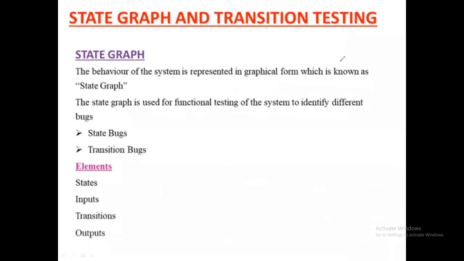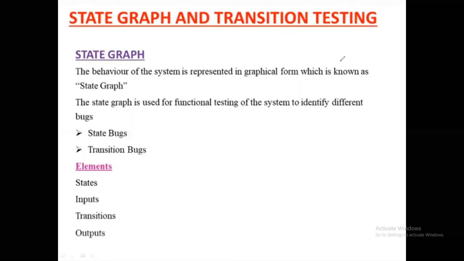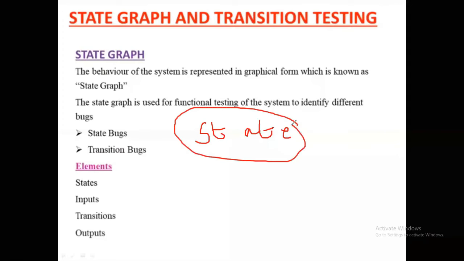So what does state mean? Normally we are going to use the word state to define the circumstances of a system. So for example, a moving automobile. For example, a car. So what are the states of this car?